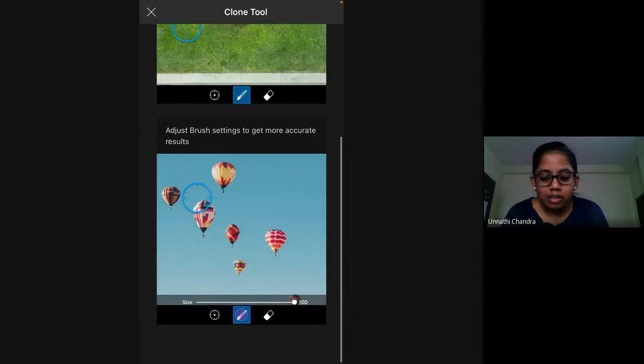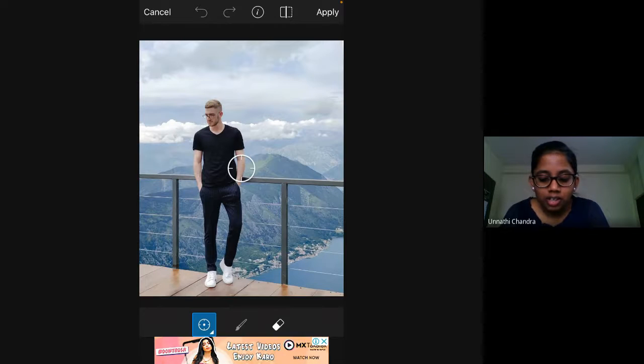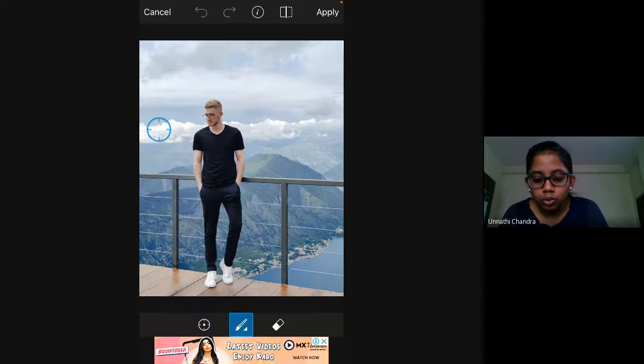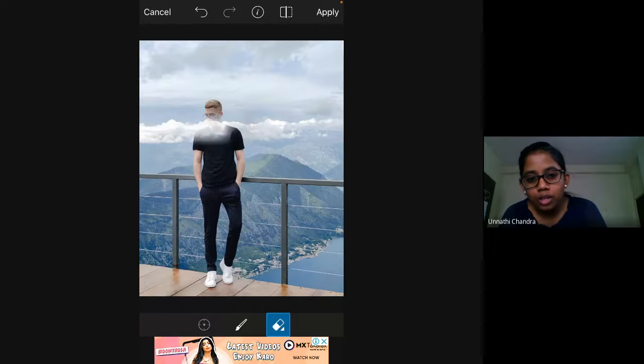And you can also adjust the size of the brush settings. I'll give you a quick tutorial. So click on this, you can adjust the size of the brush setting, and what you can do is just tap where you want, tap the place which you want to clone and select that place. And when you do that, as you can see, you need to be slow, really slow, otherwise you'll get this. You can erase it too if you made a blunder, just erase it. And like that, you can clone the background slowly, step by step.